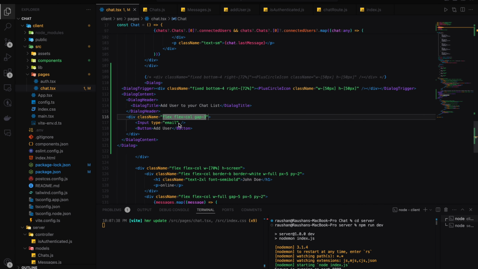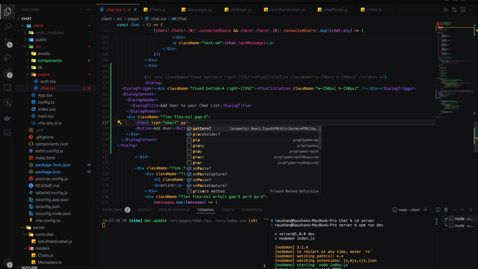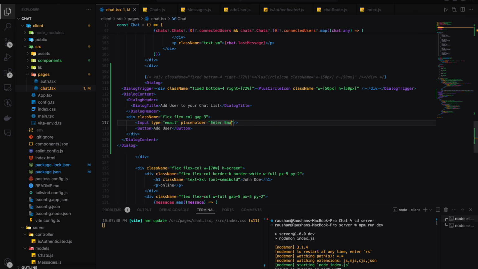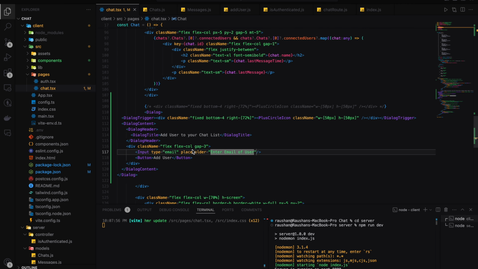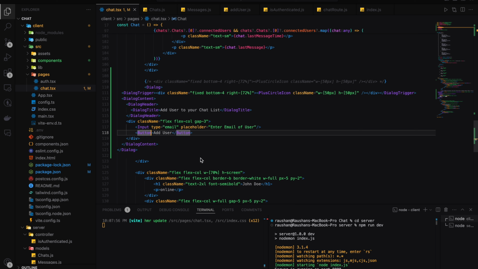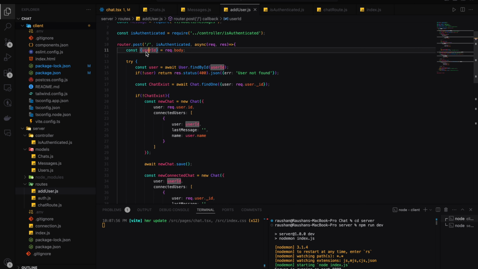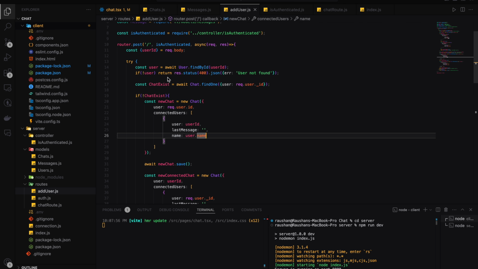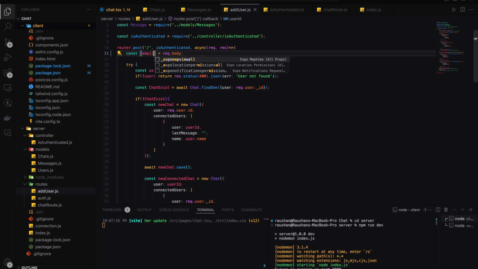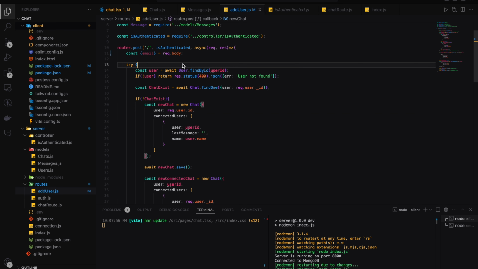And make a placeholder here in the email. So placeholder is going to be "Enter email of user" like this. Yeah, that's it. So after that we have to add the user to our chat list. For that, we can fetch the user using the email, not from the ID. If you remember, we searched the user from the user ID, not from the email. So we have to change it. Make it email. First of all, we request the email, and after that,